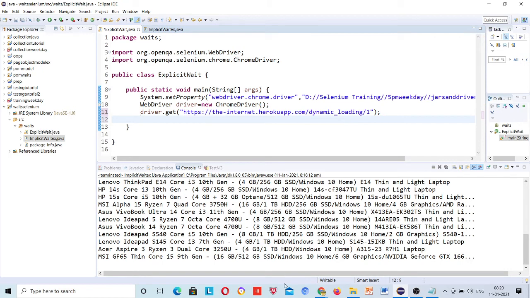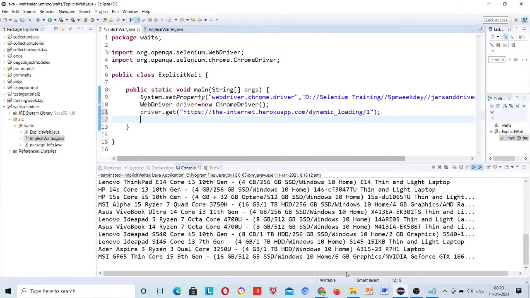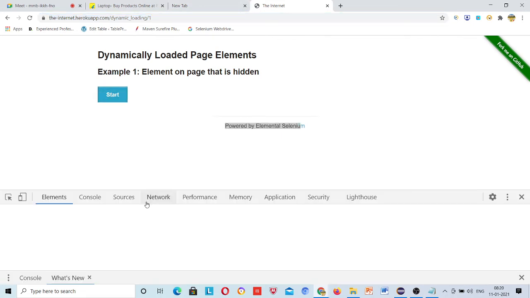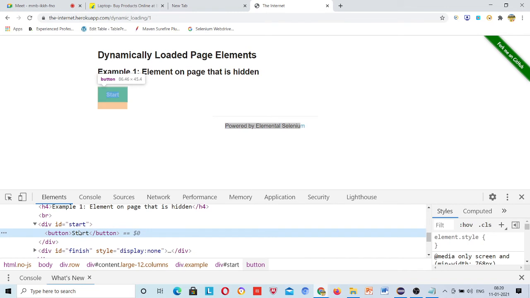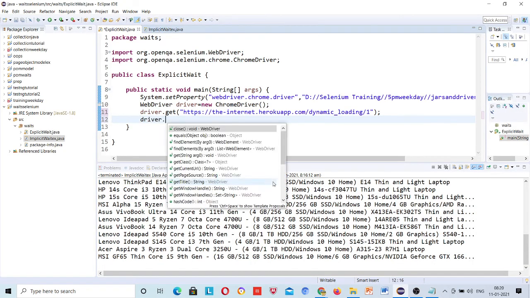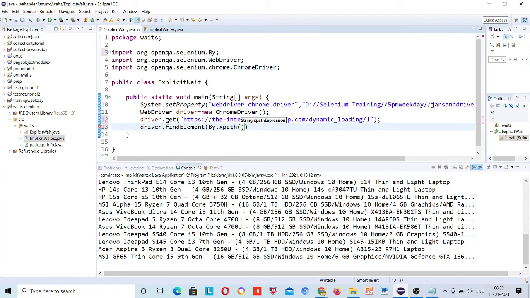And then I have to click on this start button, so I have to write a locator for it. driver dot find element by dot xpath, button which contains text.